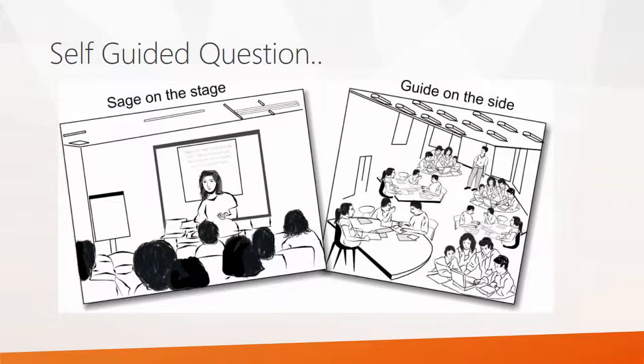This is important to consider because when it comes to the social constructivist classroom, there is a correct answer, and that answer is you need to be a guide on the side. But before we get into Vygotsky's reasoning as to why you need to be a guide on the side, let's look at what some of the recent research has shown in terms of the role of the instructor.